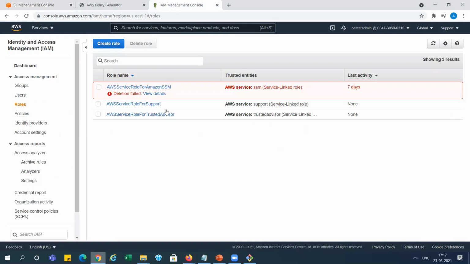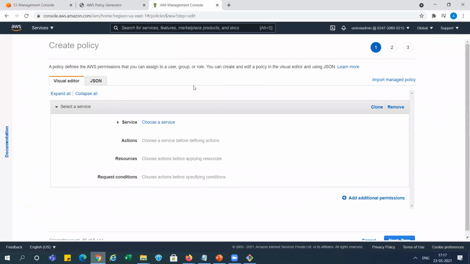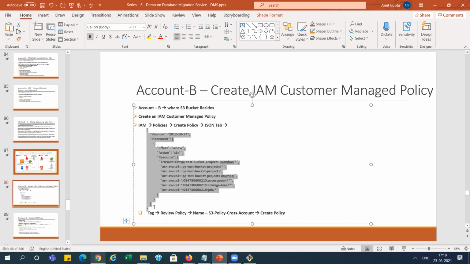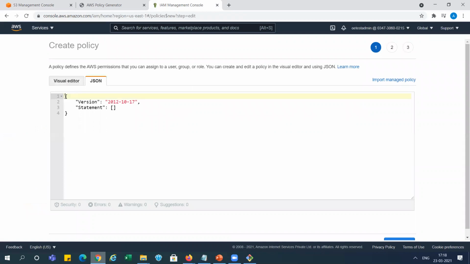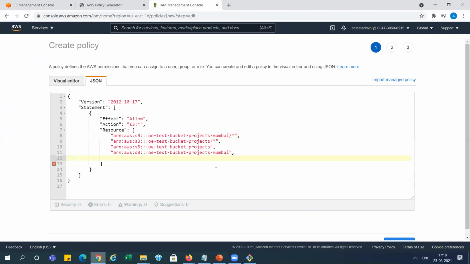So go to roles, and first we need to create the policy. So we are going to create the policy. I just click on create policy, and we can use the visual editor or JSON. So I'm taking JSON, right? And I'm copying the details for everything from here. I'm placing it, and let's see. I'm deleting this for now. It will be required, then we will edit, right?